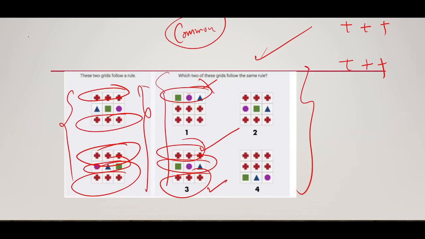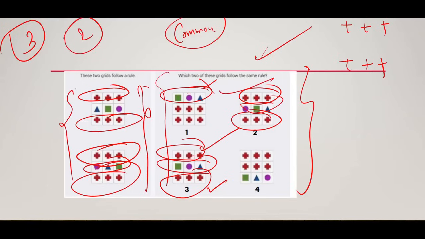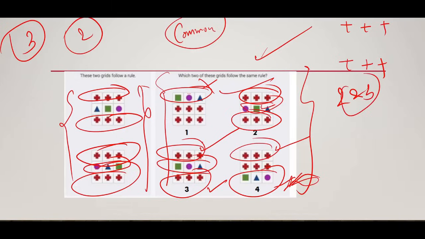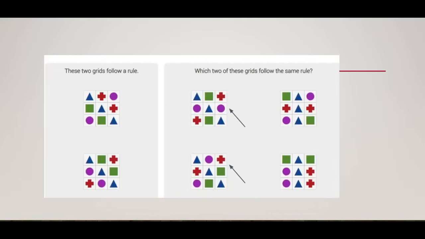तो एक तो 3 सही हो गया, ठीक है। क्या इसमें ऊपर की रो प्लस है, हाँ है। क्या इसमें नीचे की रो प्लस है, हाँ है। क्या इसके तीनों डायग्राम्स अलग अलग हैं, हाँ है। तो ये सही हो जाएगा, तो ऑप्शन 2 भी सही हो गया। क्या इसमें ऊपर की रो प्लस है, हाँ है। क्या नीचे की रो प्लस है, नहीं है, तो ये ऑप्शन सही नहीं हो पाएगा। तो इसका आंसर क्या होगा, ऑप्शन नंबर 2 एंड 3। तो ये ऑब्जर्वेशन बेस्ड क्वेश्चन है।